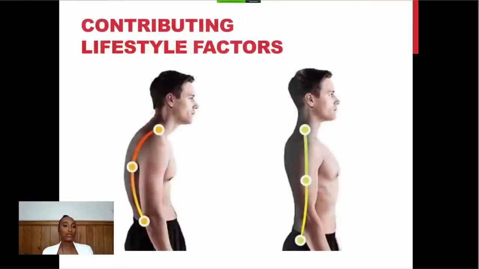So we'll just talk about some lifestyle factors which might make you more prone to developing a rotator cuff problem. So the first thing we're going to talk about is posture. So we can see that the person on the left has got quite a rounded posture. The shoulders are quite rounded, chin's poking forward, and the upper part of his spine is quite rounded there. So that's not great, not only for the back and the neck, but also for the shoulder. This is more what you would want to have, so a nice neutral alignment in your spine and your shoulders.